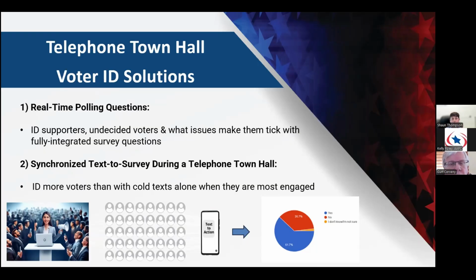No other tool is going to give you 20 to 30% engagement. And if that person wasn't on when you asked that voter ID survey question, that real-time poll, they're still going to get the text message and they can still respond post event. So this is all about getting more complete voter IDs from using these two tools, and you can use them in concert. Kurt, anything you want to add about these voter ID solutions or why you should be doing this now?